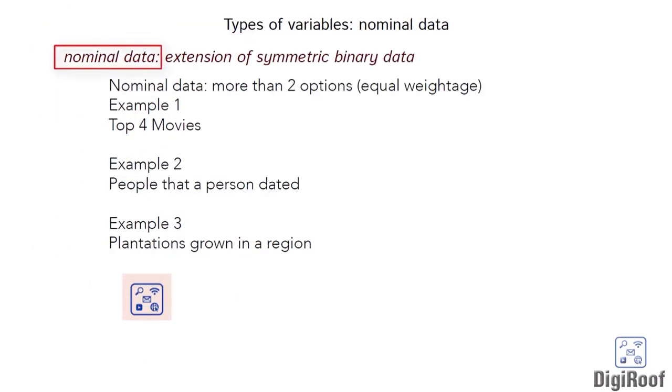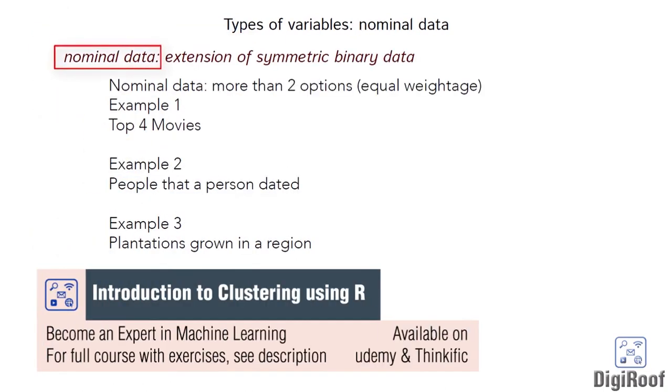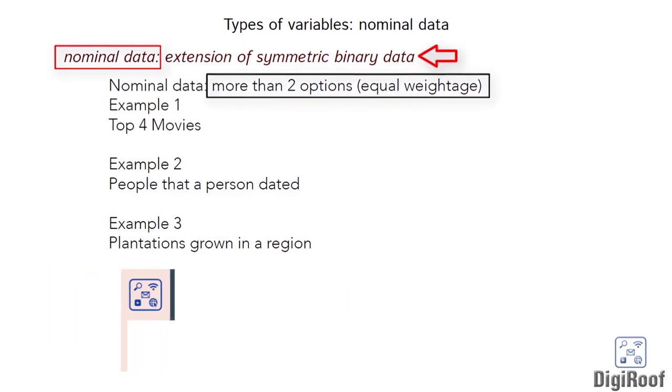Let's now move to the nominal variable. Think of this variable as an extension of binary variable. Only this time, the variables would have more than two responses. If you recall, symmetric binary has only two possible responses and both of them carry equal weightage. On the other hand, if we have more than two responses that are all equally important, then such data are